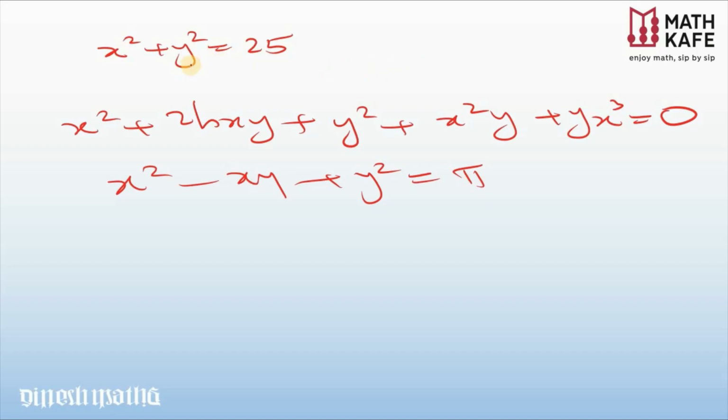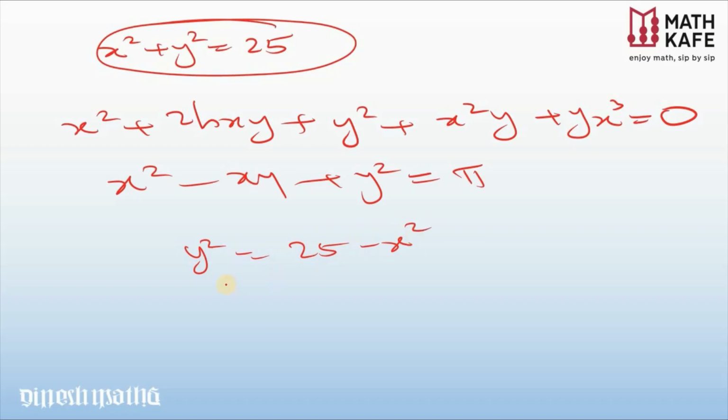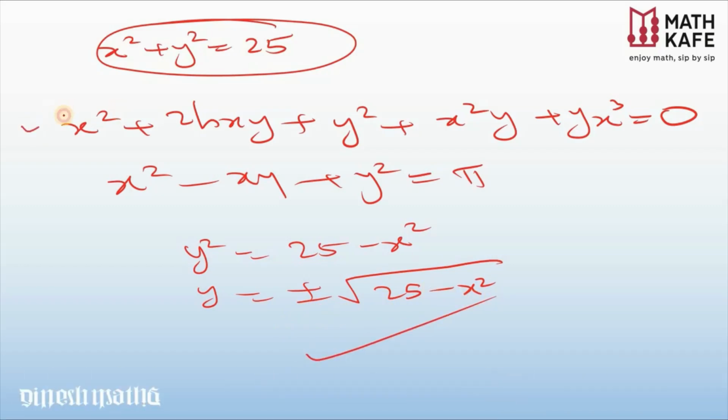Notice that these are all not functions, but we need to find the derivative. If you consider the first one, from here you could have written y square equal to 25 minus x square, or y is equal to plus or minus root of 25 minus x square, and you can separately differentiate each term and complete. But if the question is in this other form, it is not very easy to get y as an expression of x alone. In such cases, how do we do the differentiation? That is the objective of this session.